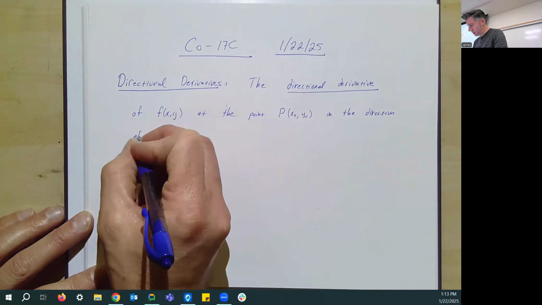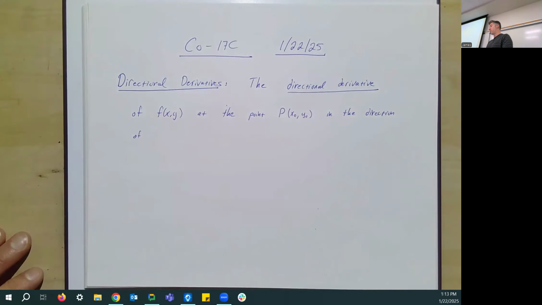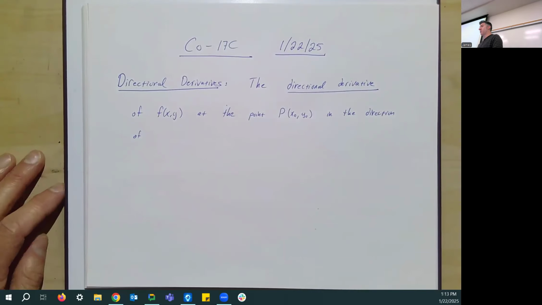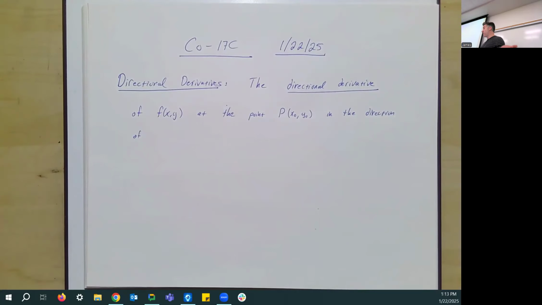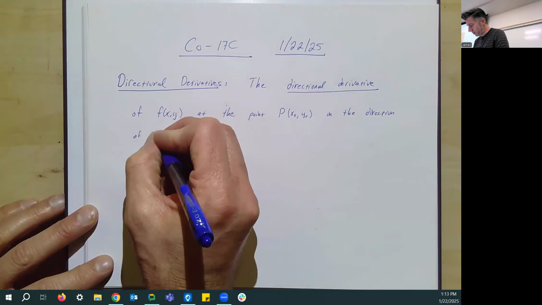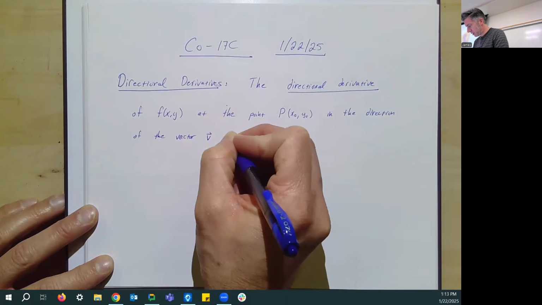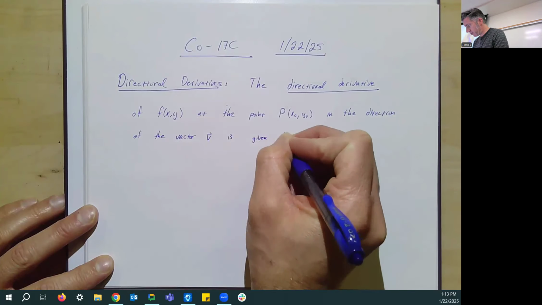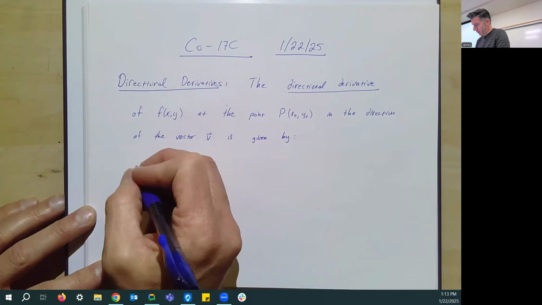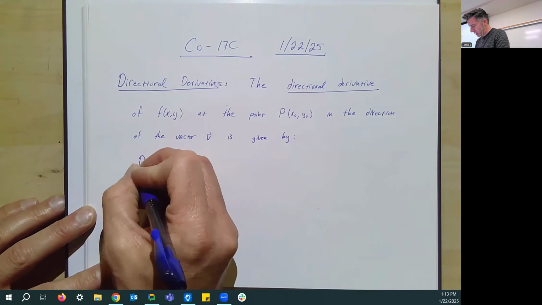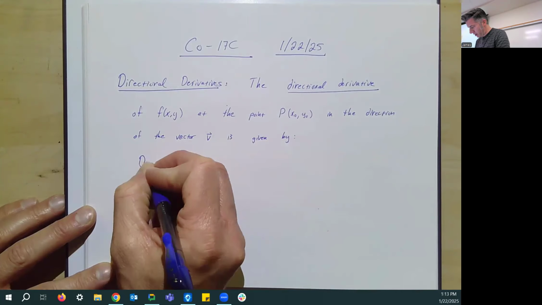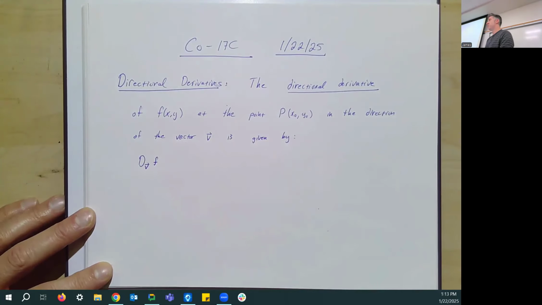of, now the easier definition would be to say in the direction of the unit vector u, but you're not always going to be given a unit vector. So it's going to make more sense to say in the direction of any vector v, and then we'll talk about how to make it easier. So in the direction of the vector v is given by the following. We usually write it as d subscript v f, the derivative of f in the direction of v,